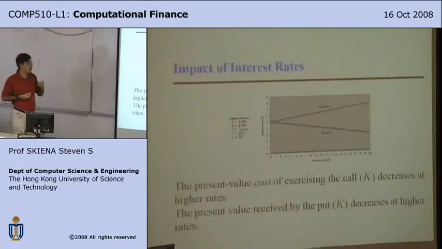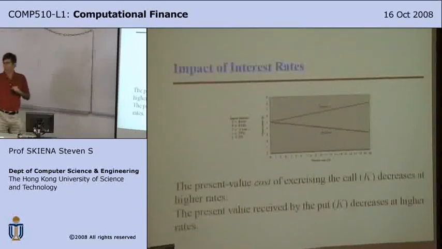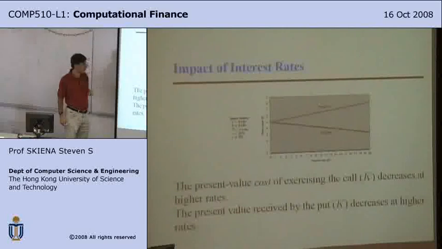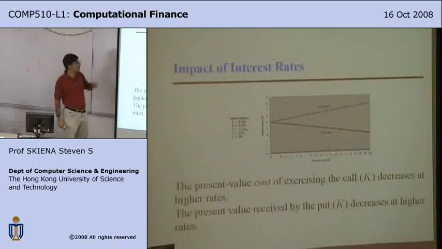As interest rates go up, all other things being equal, the cost of me executing the buy later on is going to go down, right? Because if there is a tremendous interest rate, I could put a smaller amount of money in the bank now, so that I know that I have enough money to pay for the option, to buy the security when the option is ready to expire. So there's an argument here that somehow the cost of executing the call decreases at higher rates, so the value